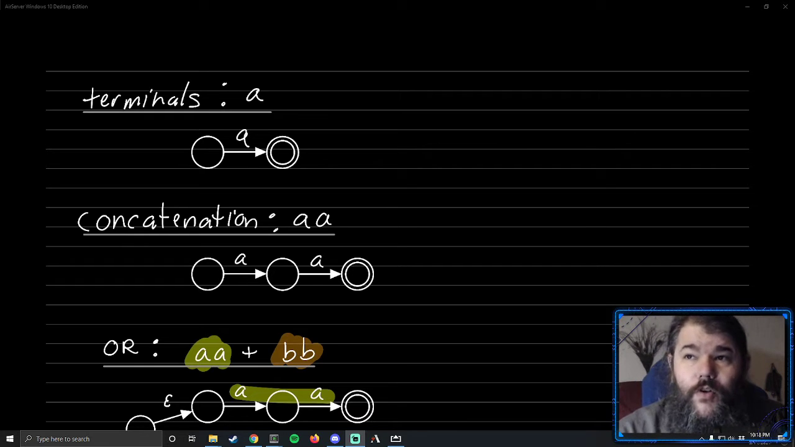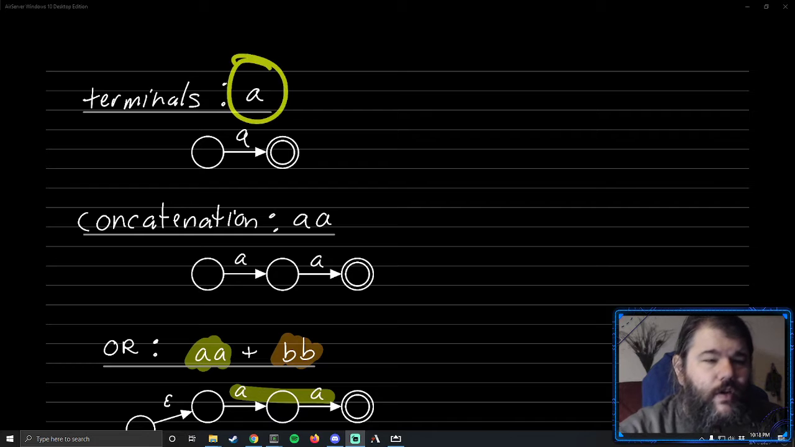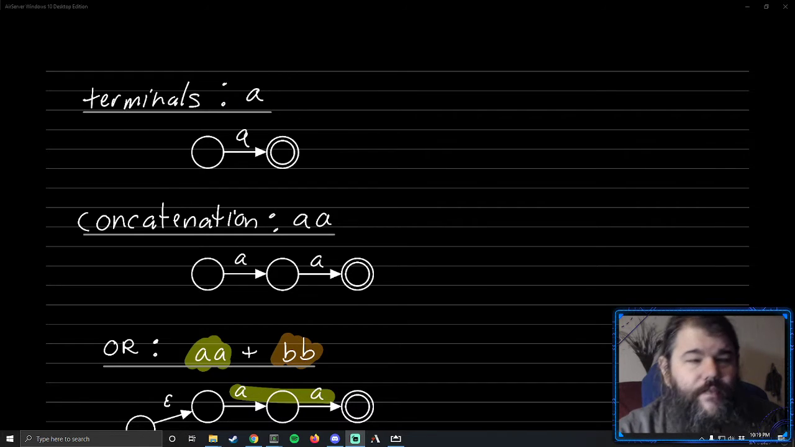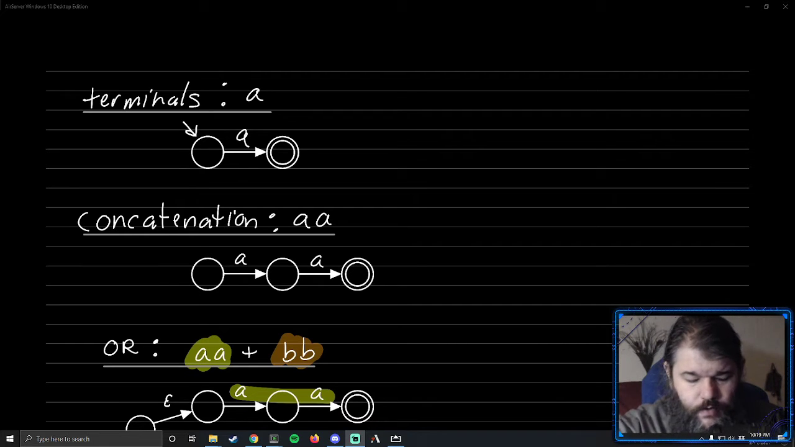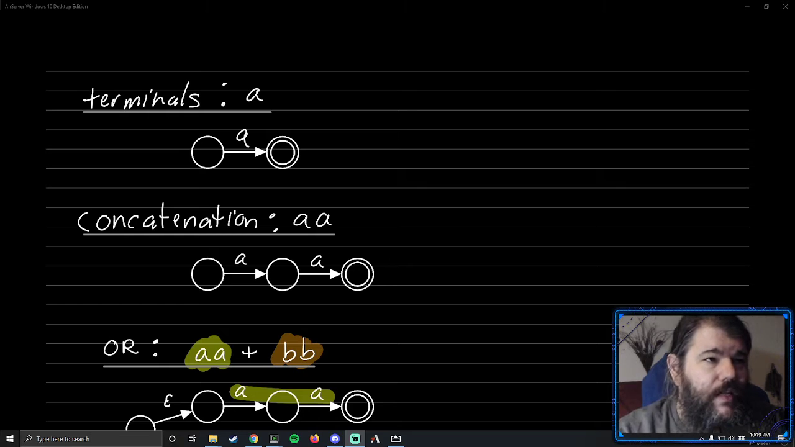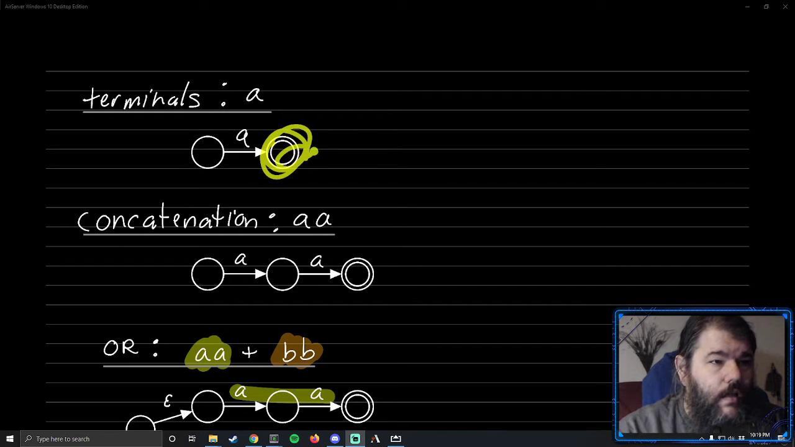We're going to start off with terminals, right? If you were just trying to recognize the terminal A with a finite automaton, if that was your regular expression, you would just draw something like this. I'm not going to draw the arrows here. I will draw a couple of these accept states, but I won't draw the beginning states because it'll be pretty obvious. If you had concatenation, then you would take the end state of this A and you